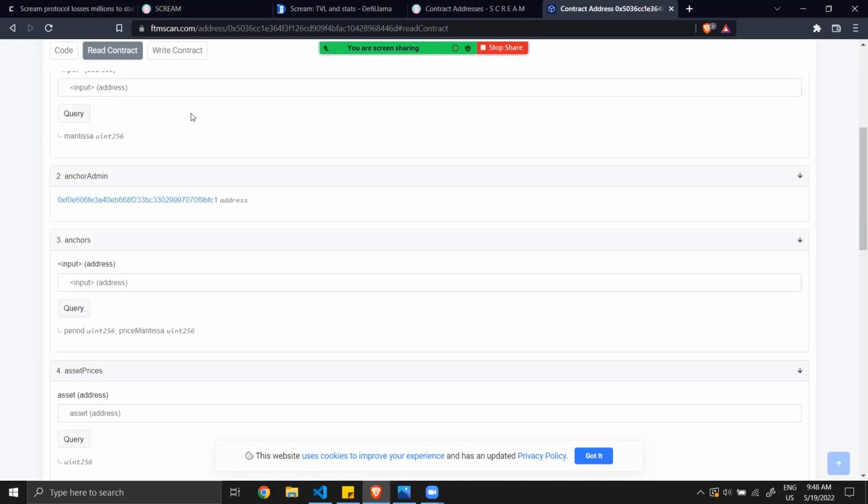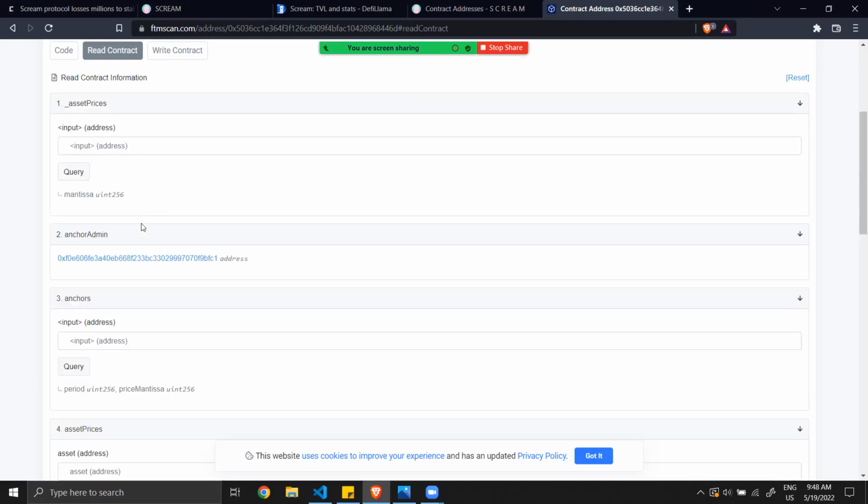And what are the values? Okay. So for each asset, we will have a price, and we'll have also an anchor. And the difference between the price and the anchor should not be too far.